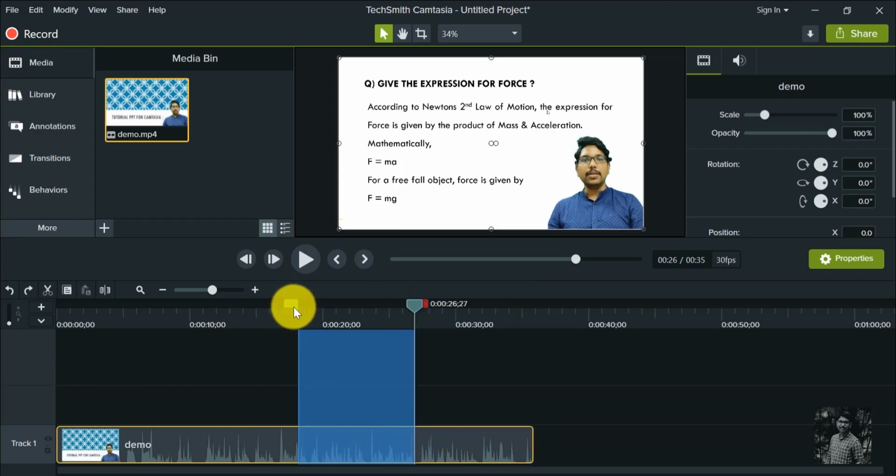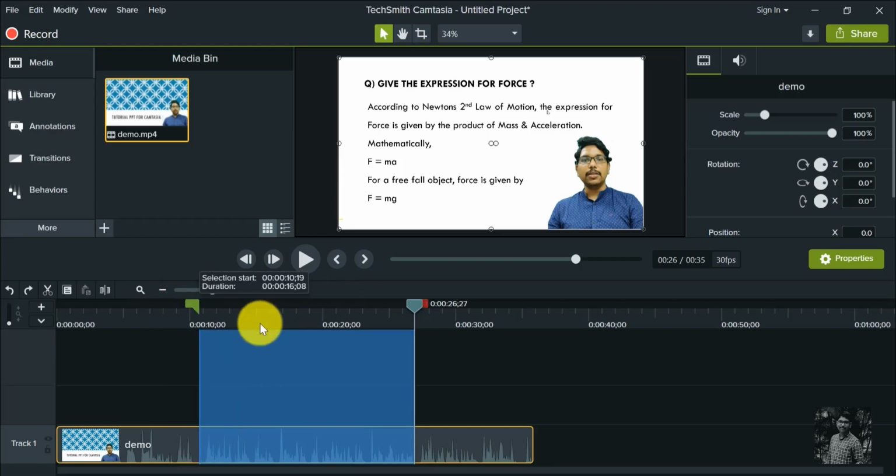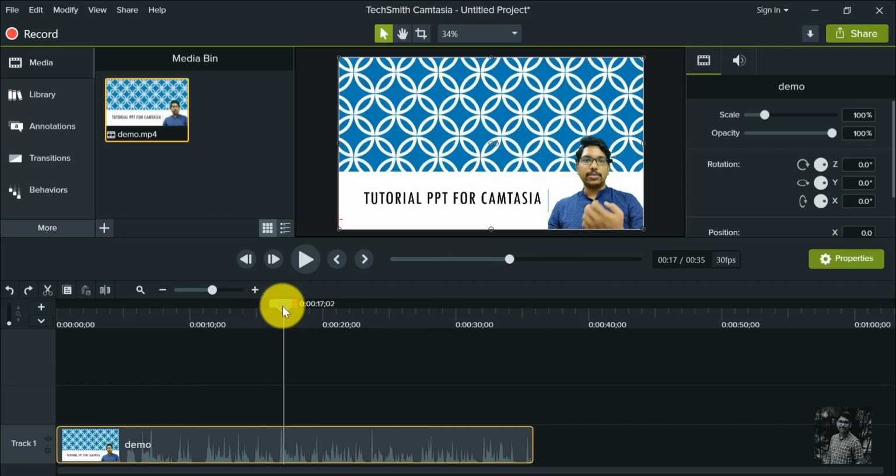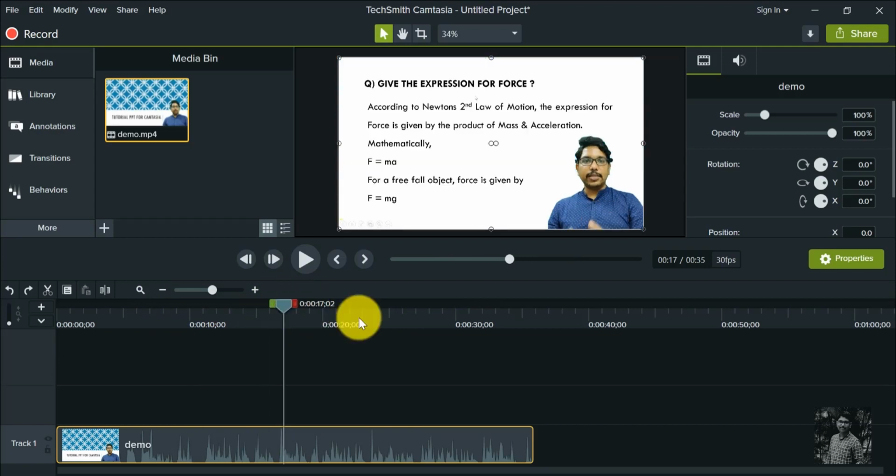Okay, I can just slide these bars to change the area of selection which needs to be edited. Okay, again by just double clicking on the gray bar, you can bring it back to the default position. Okay, this is all about the slider.